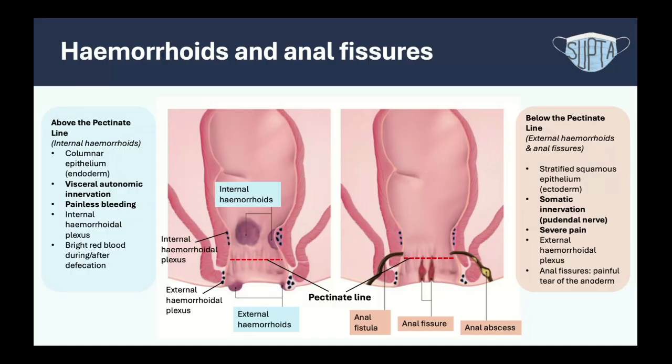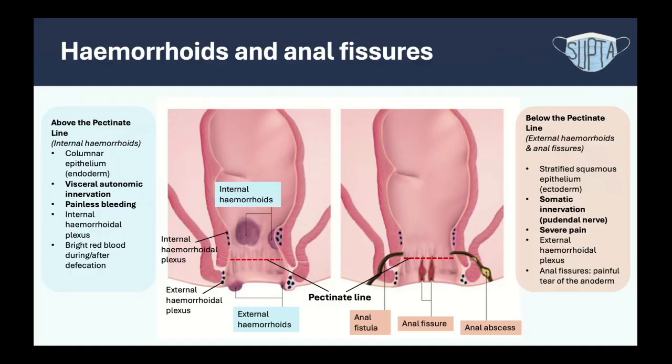Below the pectinate line, the lining becomes stratified squamous epithelium, like our skin. This area is innervated by somatic nerves, primarily via the pudendal nerve. This region is highly sensitive to pain in comparison to the region above the pectinate line. It's also sensitive to touch and temperature. So external hemorrhoids arise from the external hemorrhoidal plexus that's located below the pectinate line. Because of this somatic innervation, they're often very painful, especially when they become swollen or thrombosed,